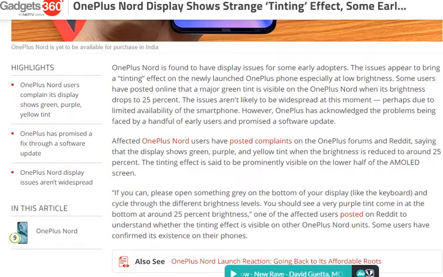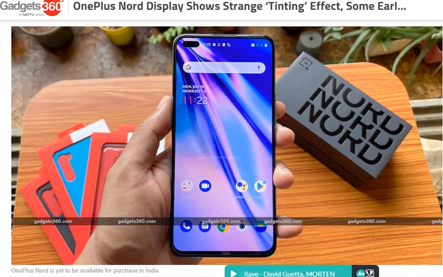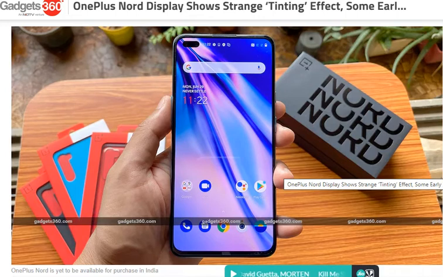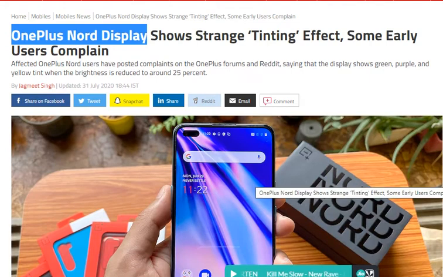Now, OnePlus is going to release the OnePlus 8T. I'm not sure when, but most probably they will. Or even new Samsung phones. I personally feel that this issue could be a problem because of high refresh rates. The technology is not yet up to the mark. If you see, Apple really calibrates their devices very well. Of course, a few reports were there about Apple also having this issue.